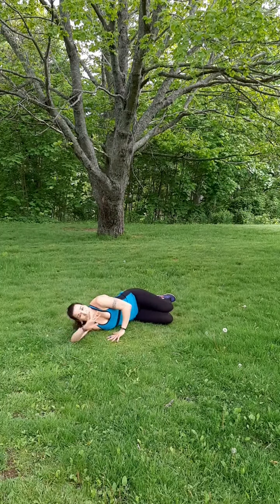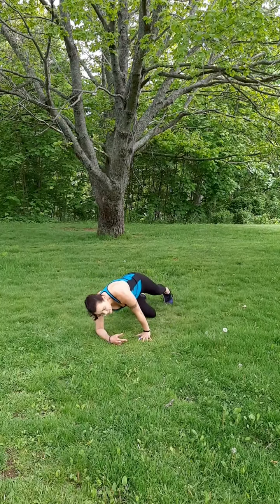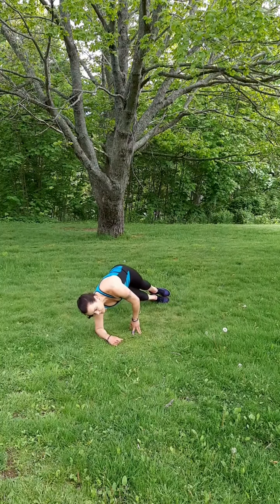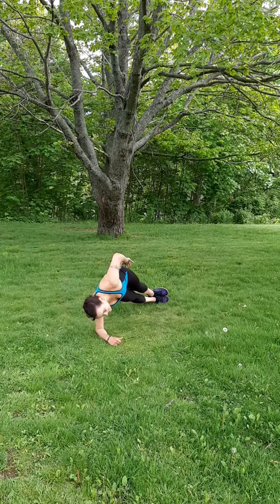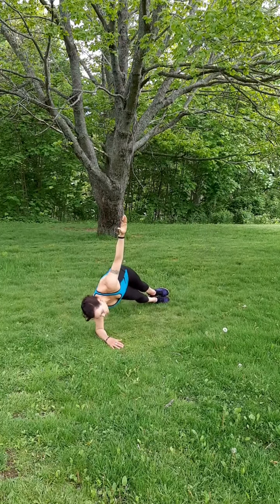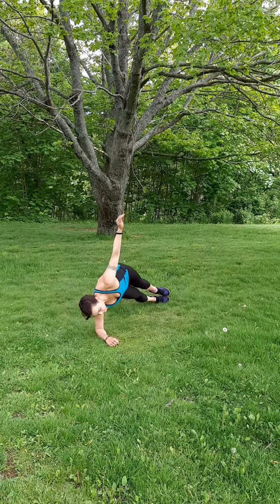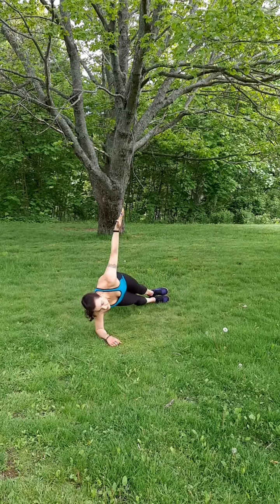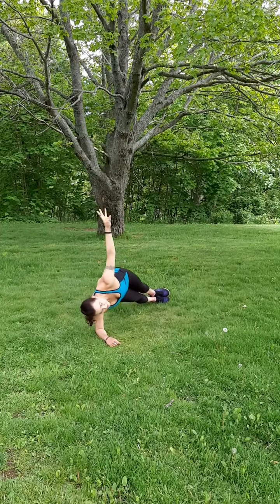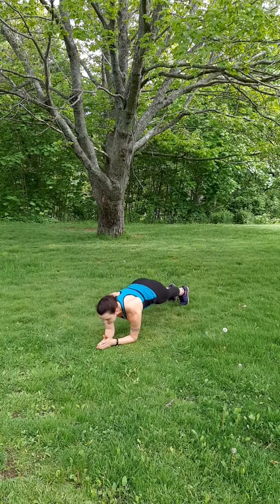And then release. And then when you're ready, if you'd like to come up a level or two, onto the elbow and the knee, flattening your body up against an imaginary wall, or onto the elbow and the foot. And then you can reach up, or bring the hand to the hip, and we hold here, deep breath in, and pulse. 1, 2, 3, 4, good. Slow it down, 9, 10, good, 11, 12, 3 more, 2 more, last one, release into plank, knees or toes,